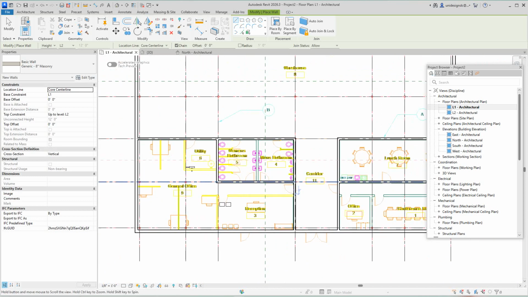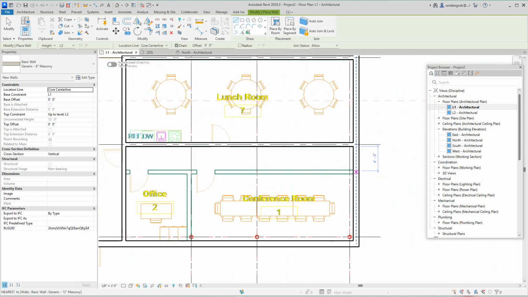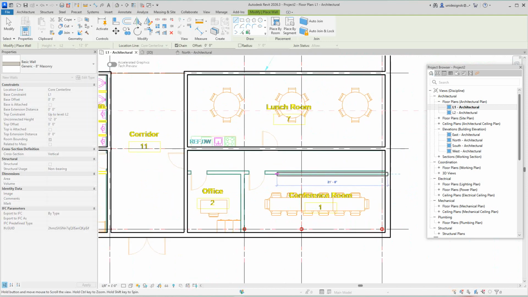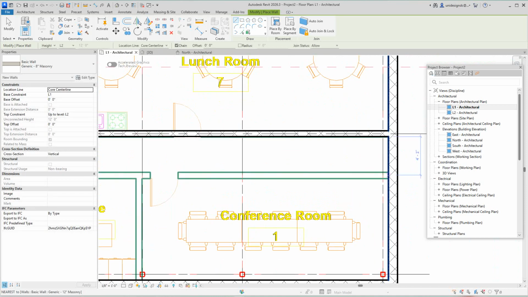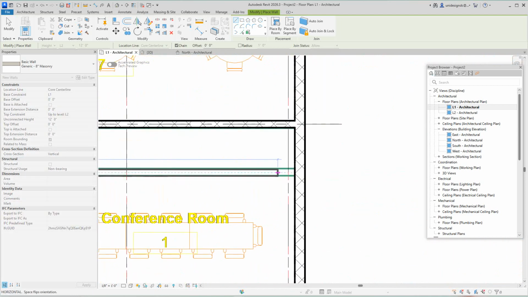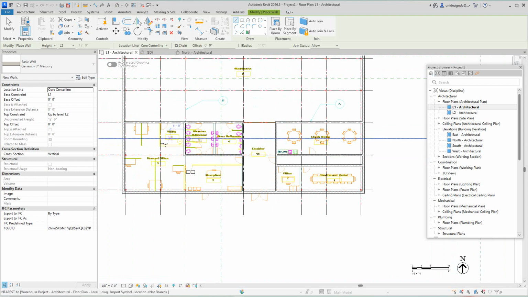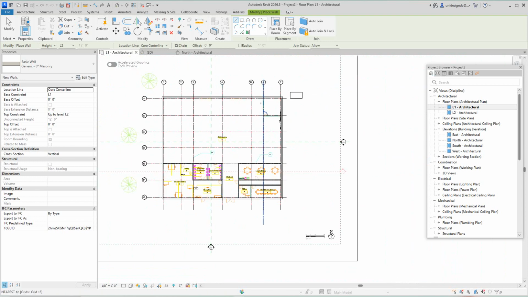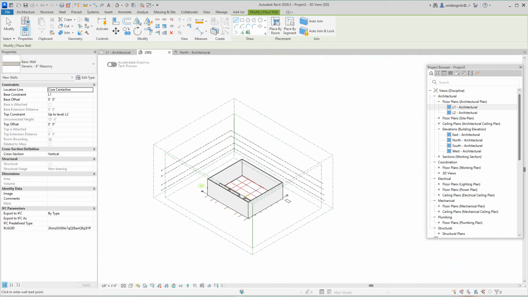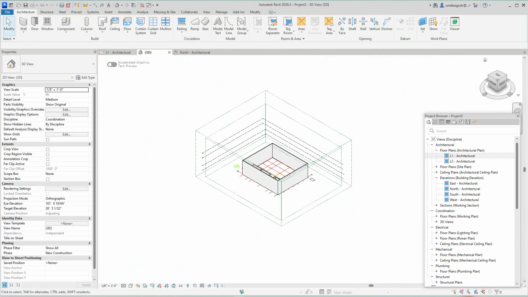So just to get you started, we are all started. I'm going to go ahead and finish this floor plan, these floor plans, and then we're going to start openings and windows and doors. So let's go with here. Take this across. We got a little conference room there. And then let's go and look at this in our 3D view here now. So what we have is basically, we've got our,